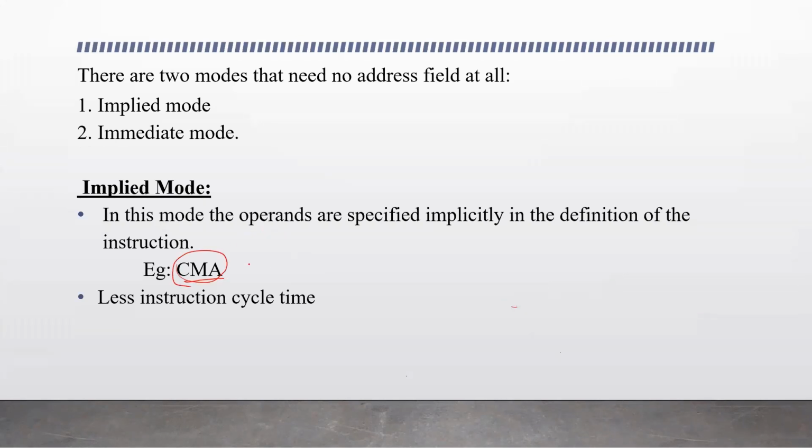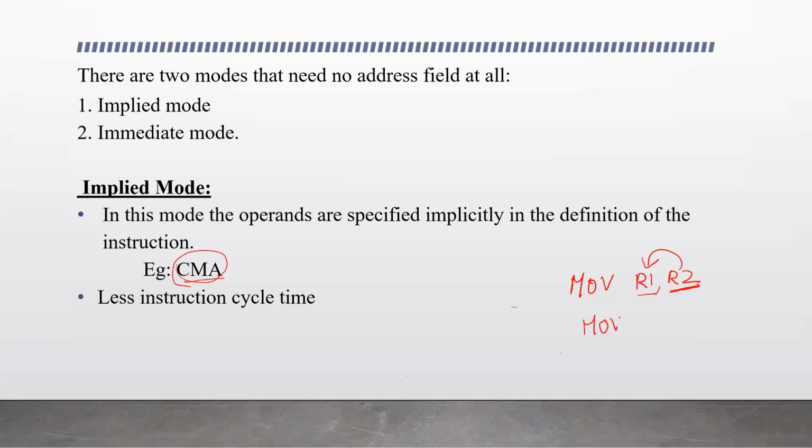In this addressing mode, the advantage is there is no memory reference here. If it is move R1, R2, the content of register R2 needs to be moved to R1. So here two references, right? R2 has to be located first and the data needs to be accessed and moved to R1. So here we need to access the registers.